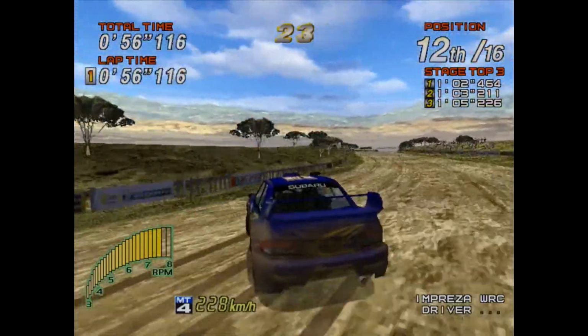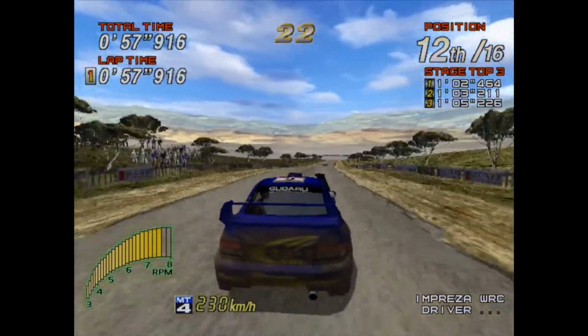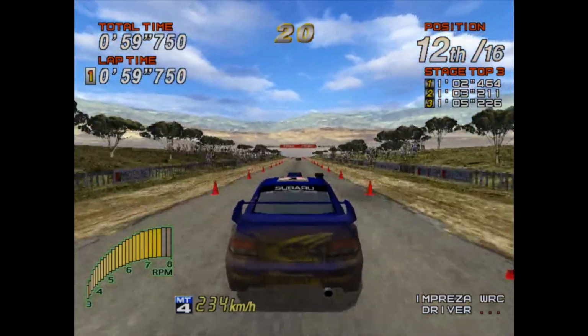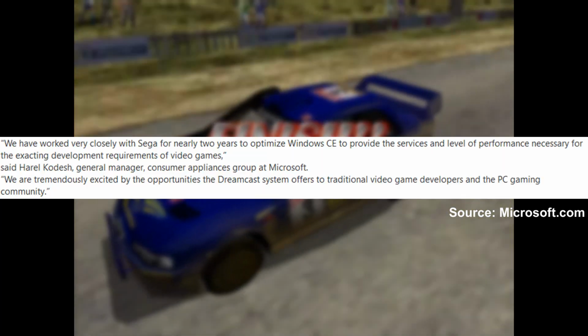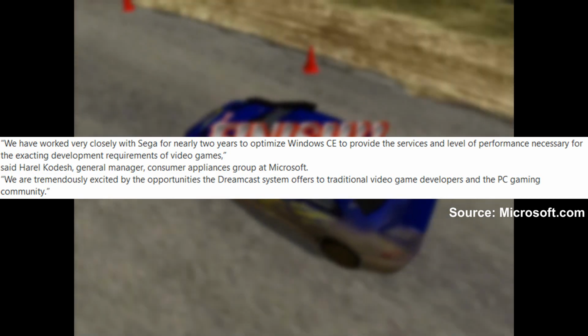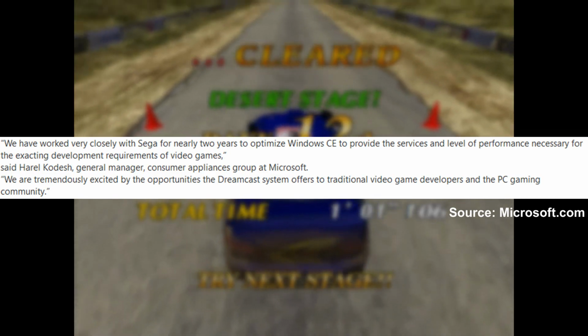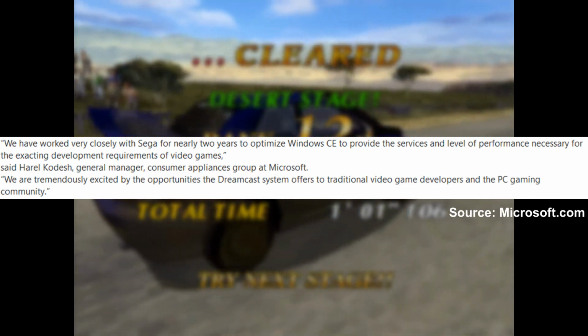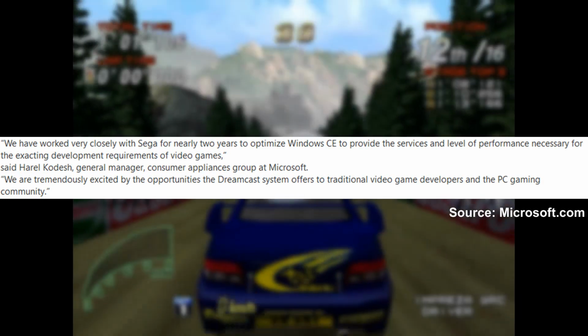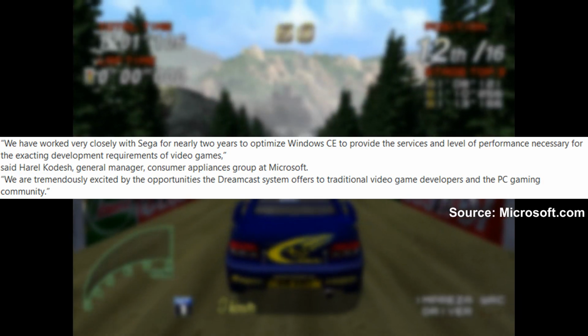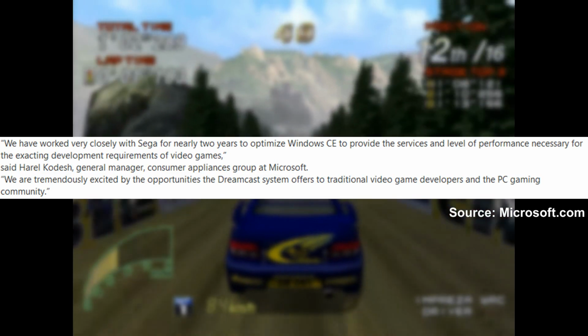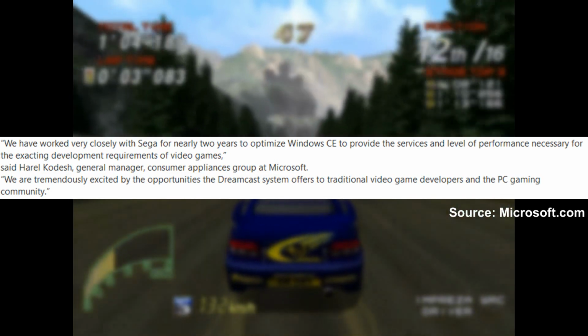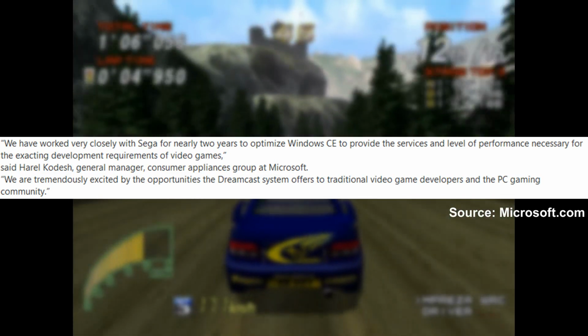General Manager at Microsoft, Harel Kadesh, revealed the partnership in a press release in 1998. "We have worked very closely with Sega for nearly 2 years to optimize Windows CE to provide the services and level of performance necessary for exacting development requirements of video games. We are tremendously excited by the opportunities the Dreamcast system offers to traditional video game developers and the PC gaming